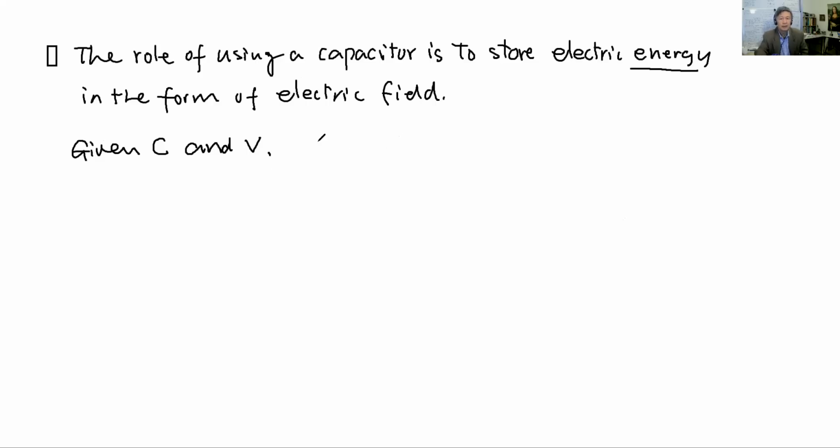For electricity, we just use U for energy. That's one reason. So the electrical energy U can be